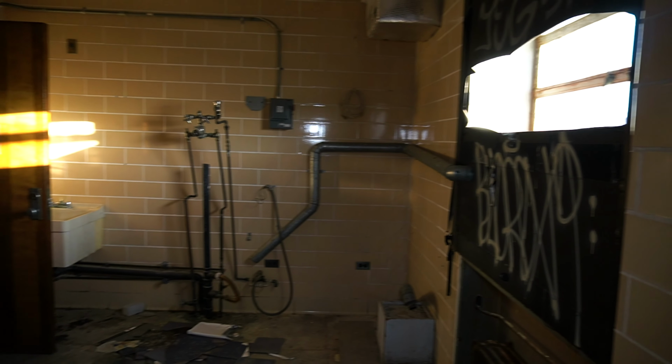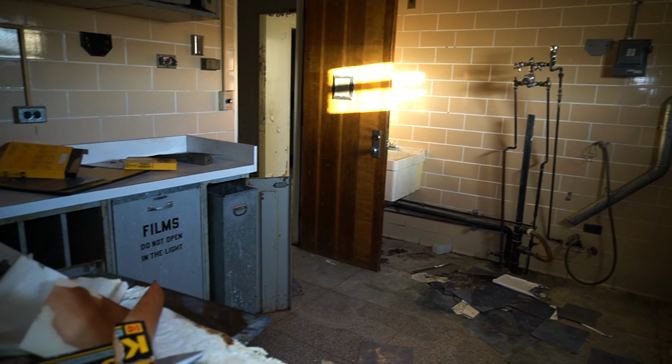On a less dramatic note, we got this really dark curtain, which totally makes sense because if you're working with x-rays, you want to probably control all the natural light that's coming in here. So I'm assuming while they would work, they'd probably pull these down. Obviously this wasn't cut up initially, someone probably just did that. But yeah, so it probably would be a very traditional dark room in here. So the films wouldn't be